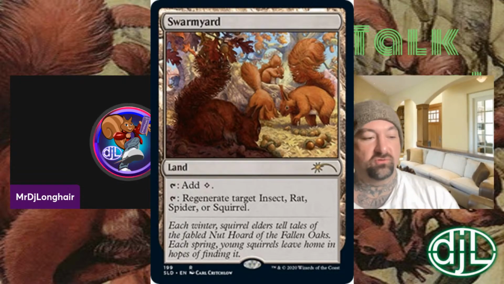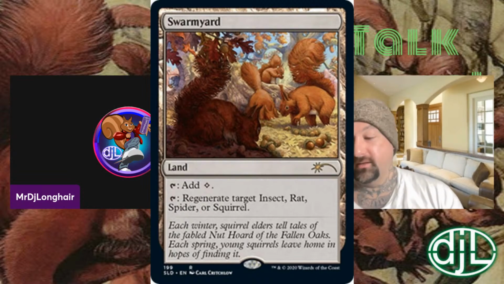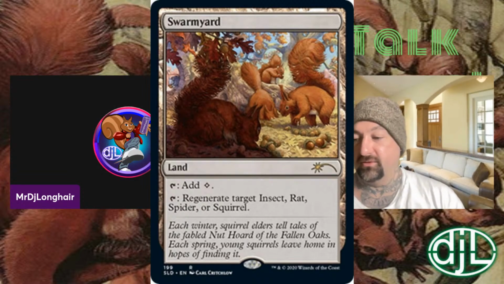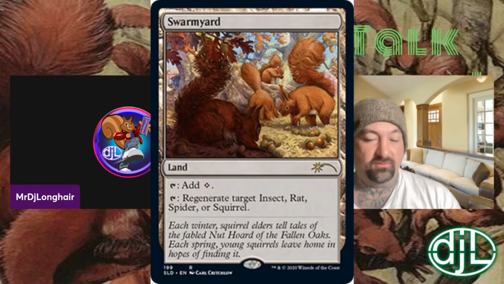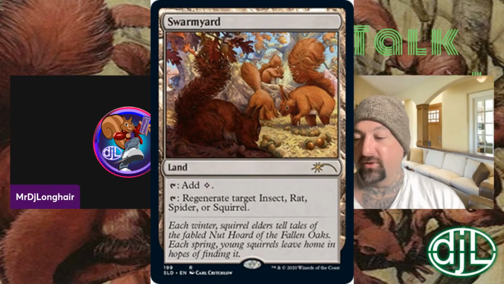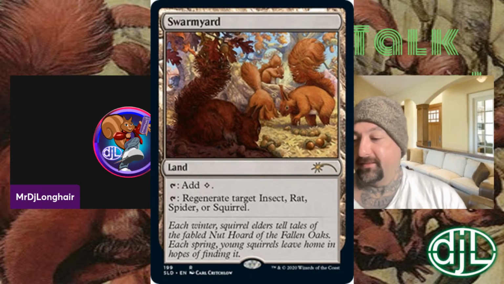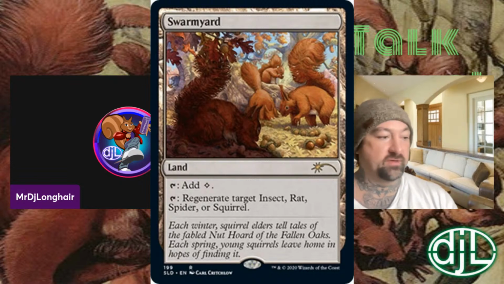Let's go ahead and start off with Swarmyard. That's like an auto include in the deck. It's great in the tribal version or any tribal deck that features the tribes that are listed in Swarmyard. In addition to that, I think an auto include in the deck is going to be